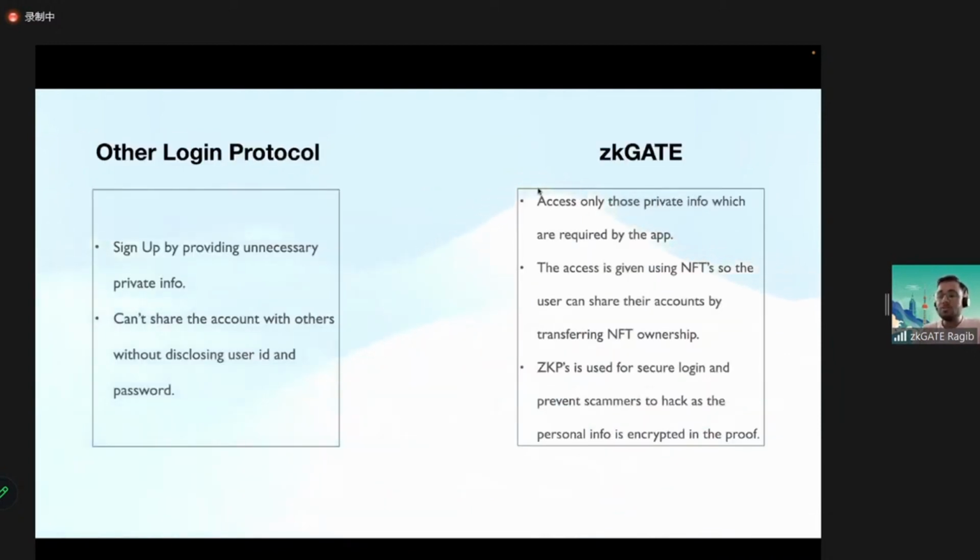So here is how zkGATE differs from other login protocols. Unlike other login mechanisms in the app, which save unnecessary private information, zkGATE only passes the relevant data field that is required by the app, and the rest it encrypts as proof and mints an NFT with the proof written in the NFT's metadata. The advantage of using this NFT mechanism would be, if zkGATE is integrated into any third-party app as login,